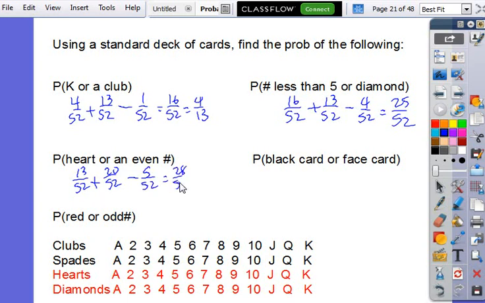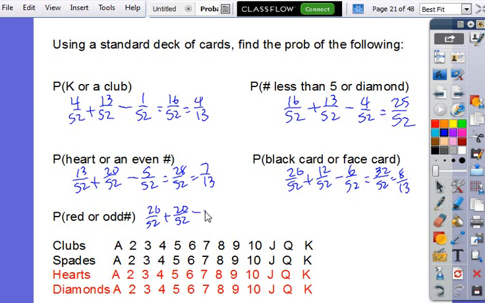Black card or a face card. It can be a black face card. So black card would be 26 out of 52. Face card is 12. Minus black and a face card at the same time. 32 over 52 is going to be 8 over 13. Red or odd. Red is 26, odd is 20, minus red and odd. 36 over 52 is 9 over 13. So my question is, what happens if it's mutually exclusive? Then you